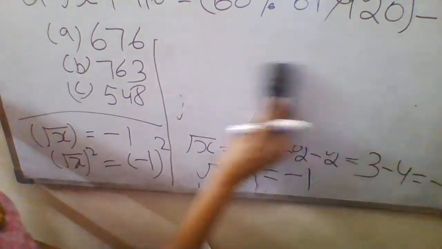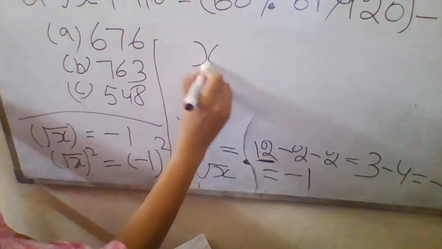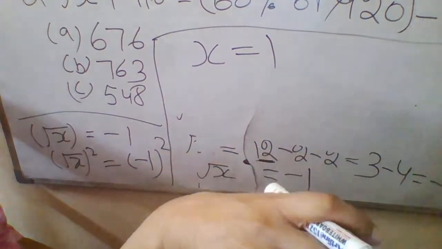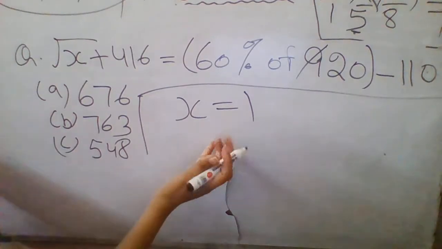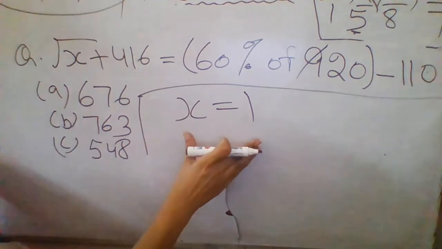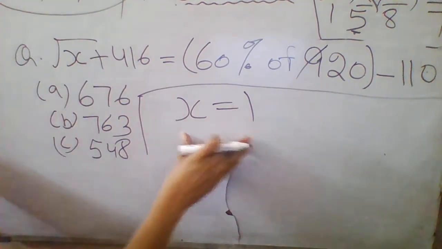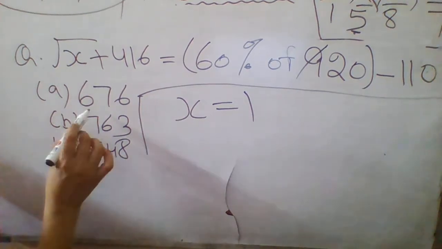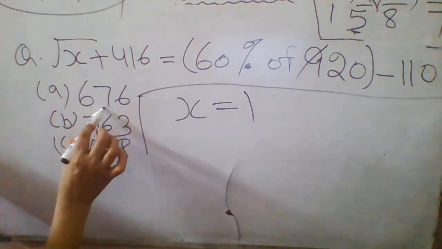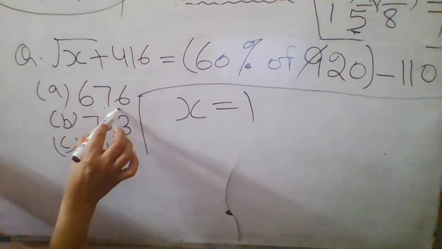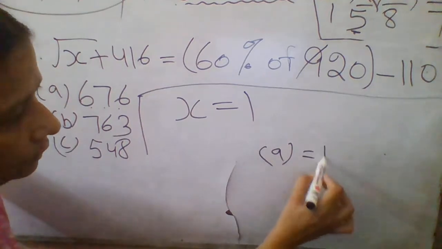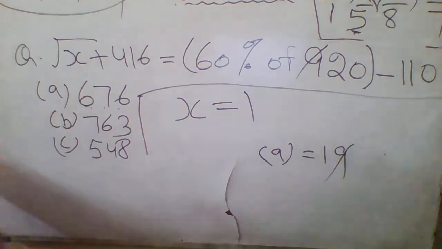What is the value of x here? What value of x have you got? You got the value 1. Now as you can see here, you got the value of x is equals to 1. Now you find out in these options where you can find 1. See, 6 plus 7 is equals to 13. 13 plus 6 is equals to 19. So in A option you got 19. From 19 you can cut this 9. In A option you got 1.